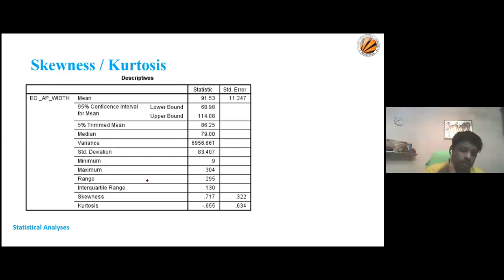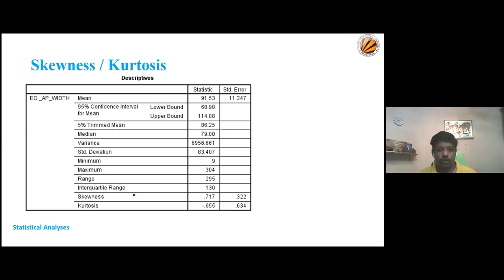your normality testing, explore data. If anyone has doubts, you can go to a lot of videos on this on YouTube. So when you do this normality testing, the first thing you get is this descriptive table, right? I've taken the anteroposterior width in the foot balance assessments. This is what I got, the first table, the descriptive table, in which you get the skewness and kurtosis, right?